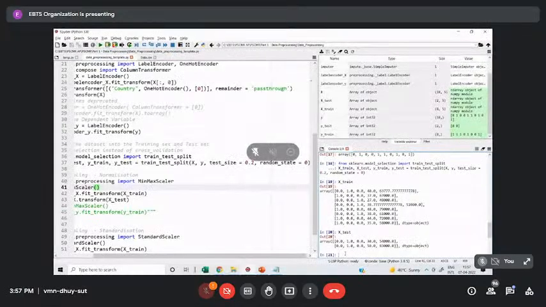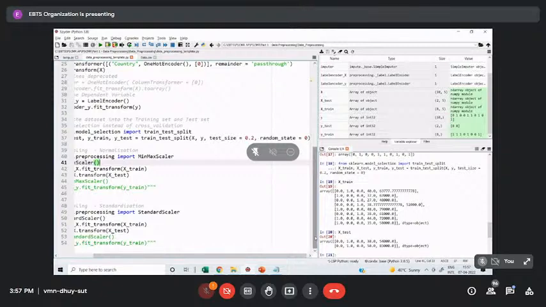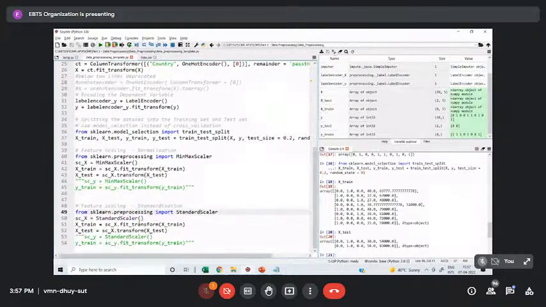So 8 records and 2 records. Now what I'll do is I can use either standard scalar or min-max scalar. Both are used in the industry, but generally I've seen people use standard scalar more, but it doesn't matter. You can use either of them. So for now, I will use standard scalar.